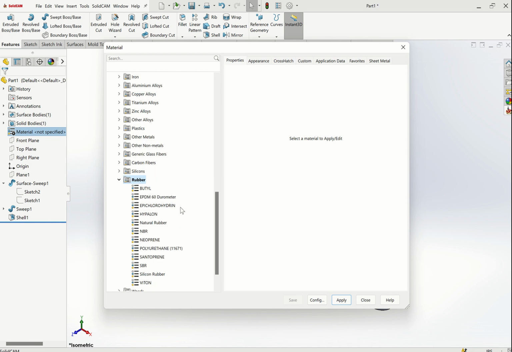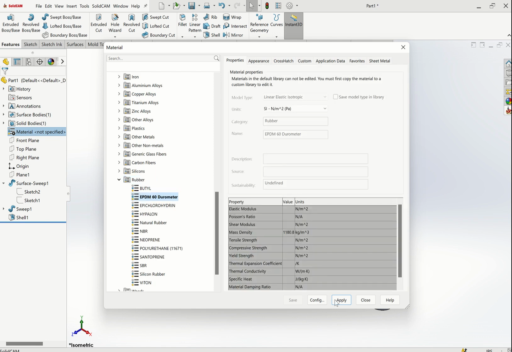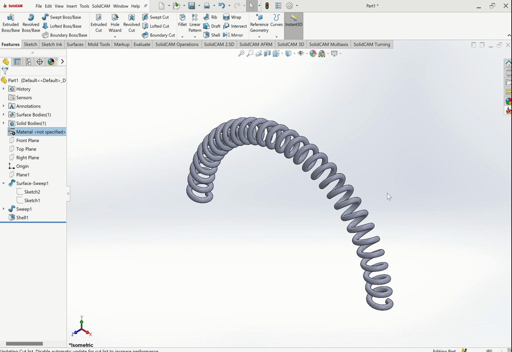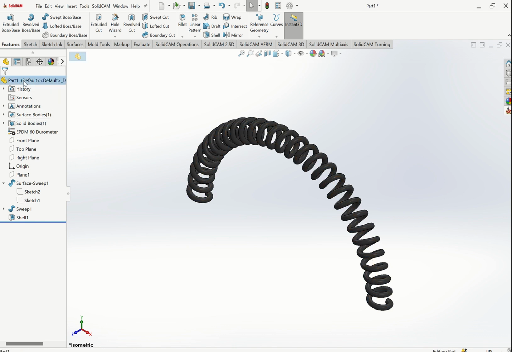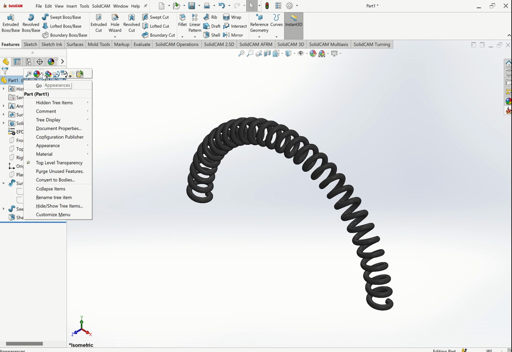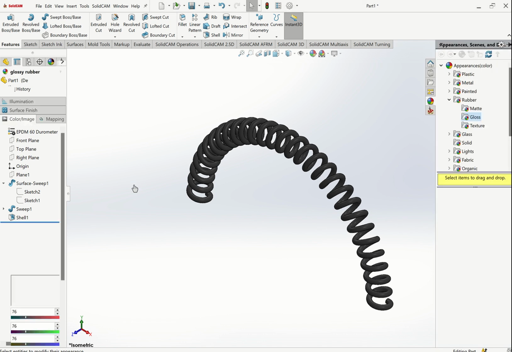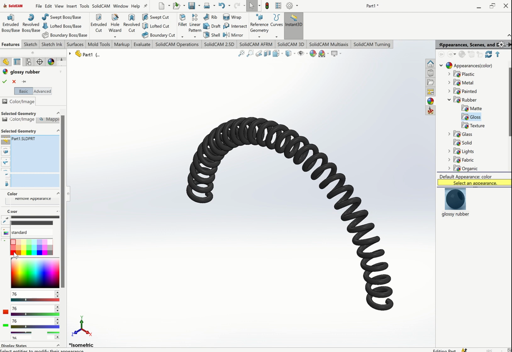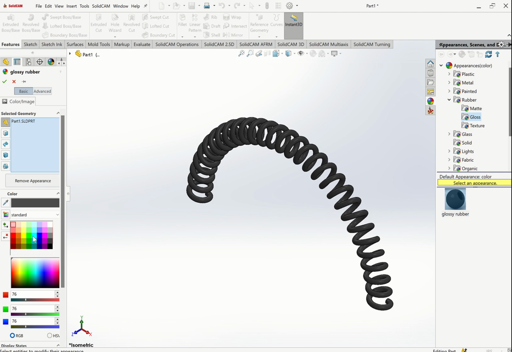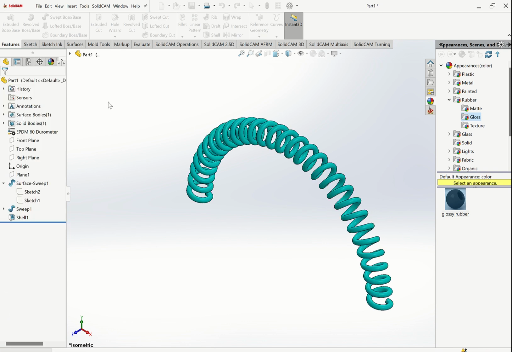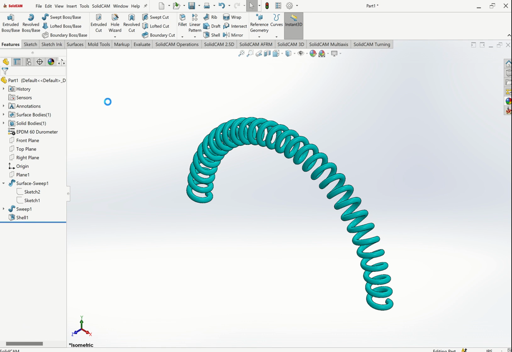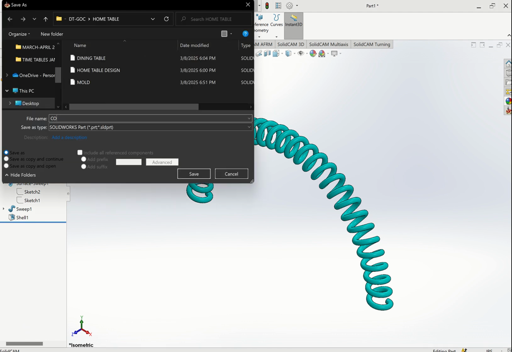This is rubber. Maybe use this one. So this is our coil spring. Maybe we can change the color here. Change the color of our coil spring. So this is how we're able to design our coil spring. I want to use this color. Okay, so let me save this as my coil spring